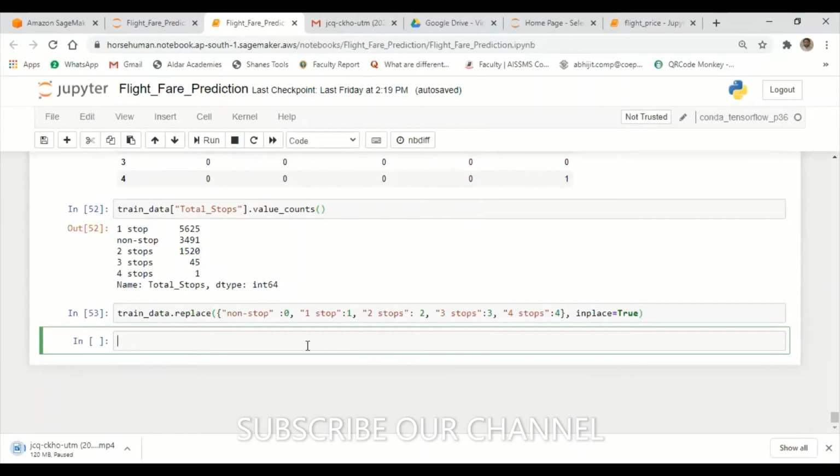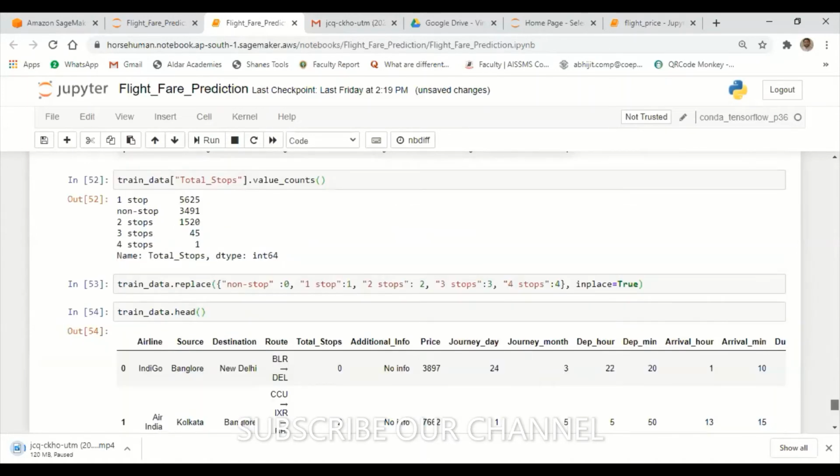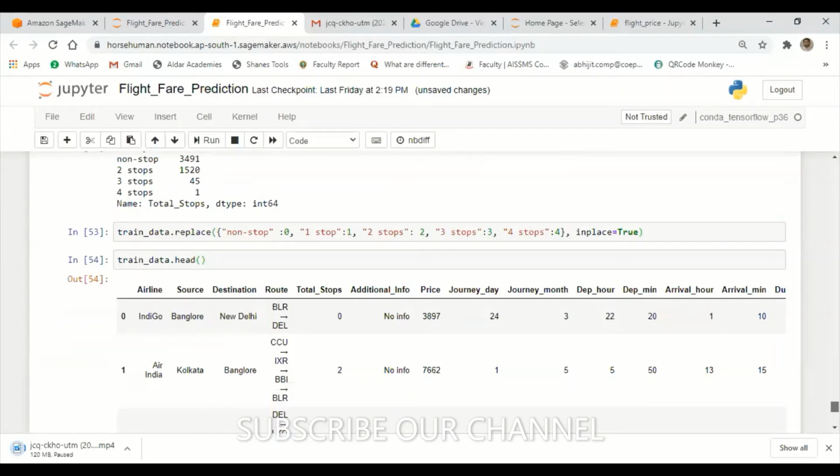Next, let's see how the data will look. train_data.head. Next, shift and enter. Can you see this? Have a look. Total stops, 0.